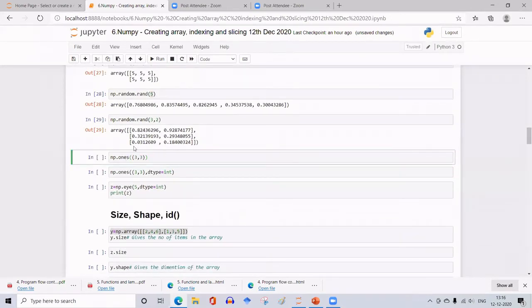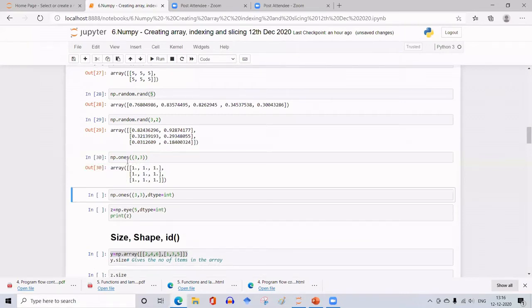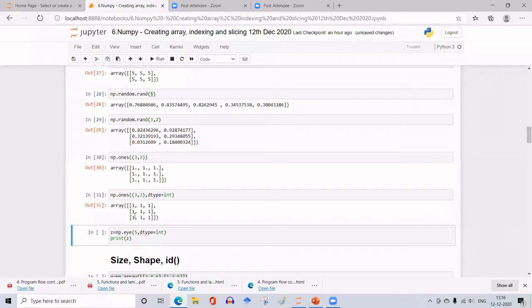And instead of zeros, you can fill up all ones also. Here I have given a 3 by 3 array, fill it with 1, with floating points. If you don't want the floating point, define dtype is equal to int. I have done that in the second line, all integers 1, 1, 1. So that is np.ones.